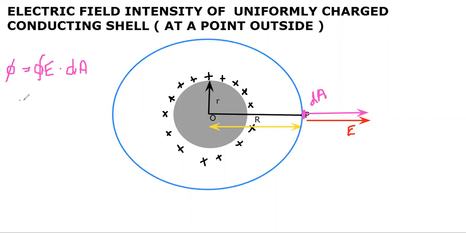So E dot dA. Now if you see the angle between E and dA, both are in the same direction, that is 0 degree. So it would be E dA cos 0, and cos 0 is 1. So you're only left with E and dA, right? E is constant and integration of dA is A, right? This can be your first equation. You can mark it as first equation. It is the same step that was followed in the previous videos or the previous applications of Gauss law.